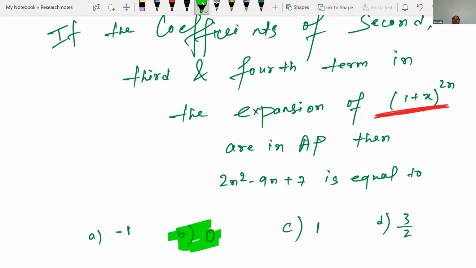Yes, ma'am. So what we did, if the coefficients of second, third, fourth term in the expansion of this one are in AP, we have found the coefficients of second, third, fourth term easily by finding from